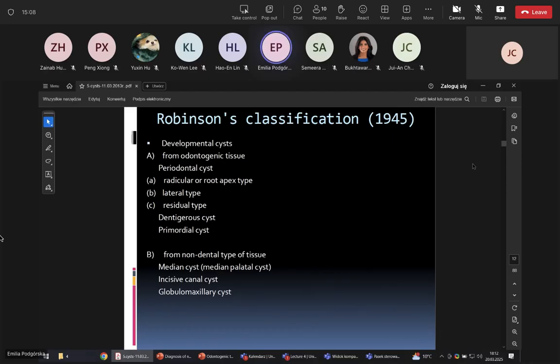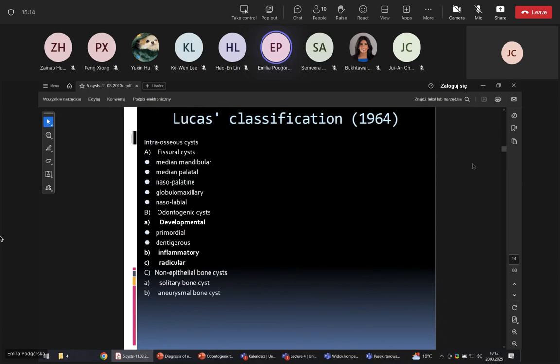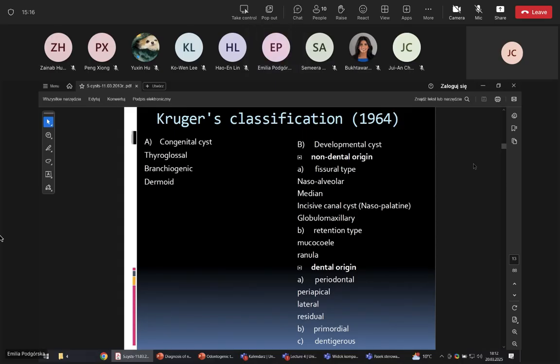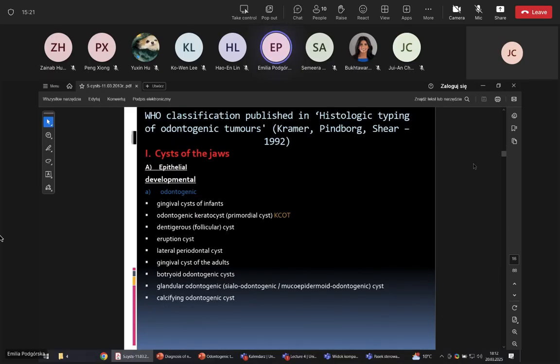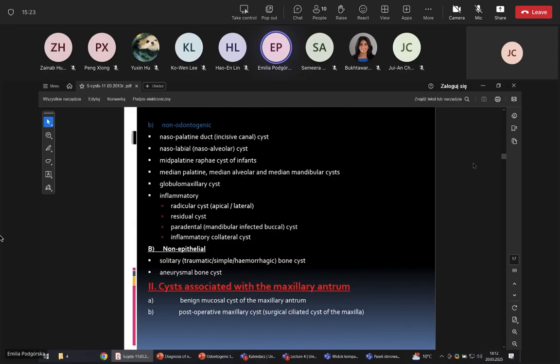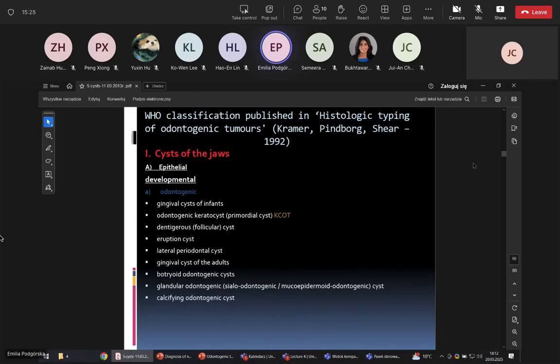Classifications of the cysts: Robinson's classification. It is old. And the newest classification, the WHO classification, divides cysts of the jaws into epithelial, developmental, odontogenic, gingival cysts of infants,